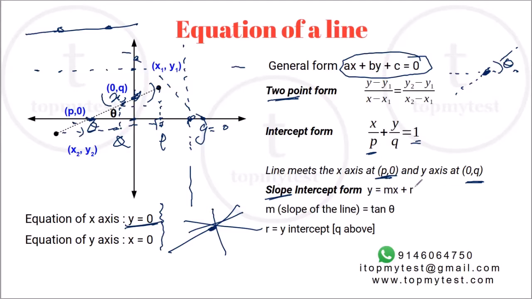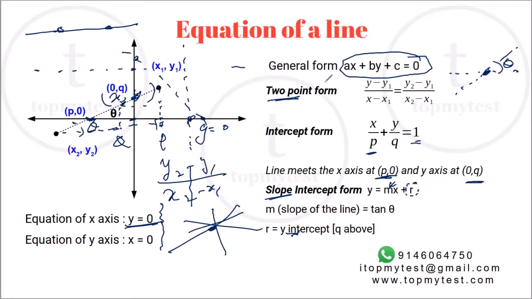What is that form? c is basically the place where it intersects the y-axis, so basically it's the y-intercept. And m is the slope of the line, which is basically tan theta. Now for any line, you can actually find the slope as we found this one. If you know 2 points on the line, the slope would be y2 minus y1 divided by x2 minus x1. This is the slope of any line. Height to base will be your tan theta. So that's the slope of the line. Pretty nice. All of them are interrelated to each other.